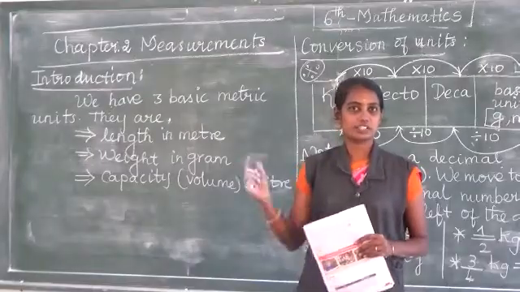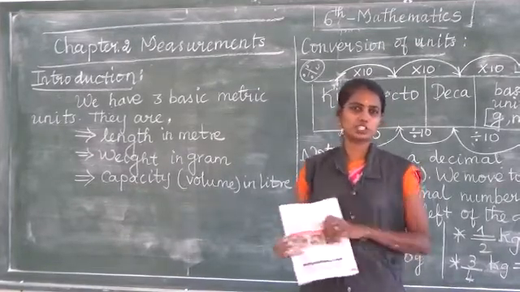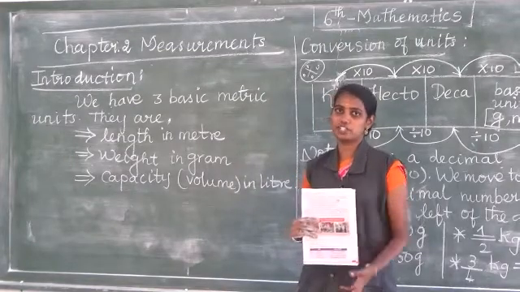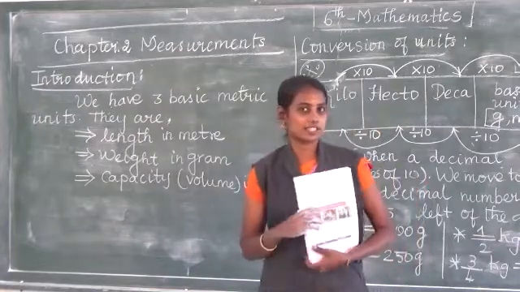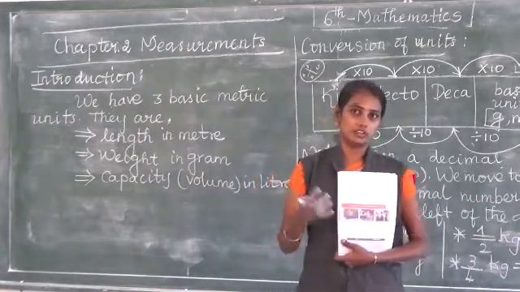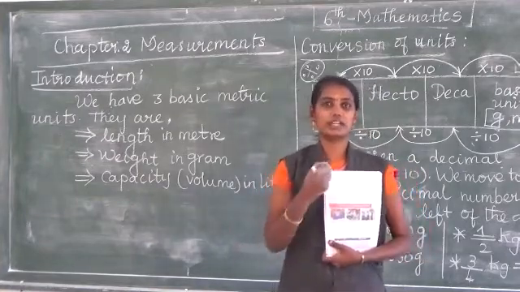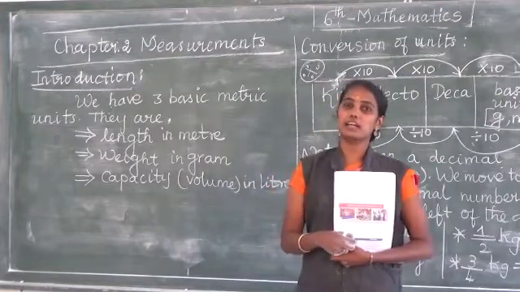Now we are going to see chapter 2. Chapter 2 topic is measurements. What is measurements? You have seen it in the science class also. Why do we measure? Where do we measure now? For example, if you go to the shop for buying milk or coffee powder, whatever it is, we are asking 1 liter or 2 liters or half liter. This is measurement by liters.